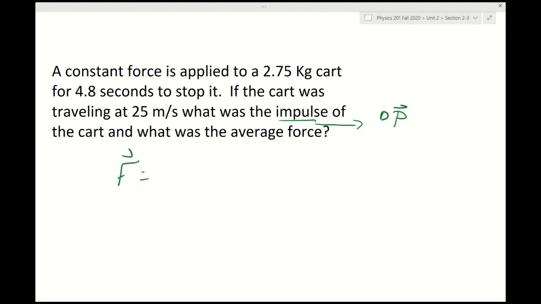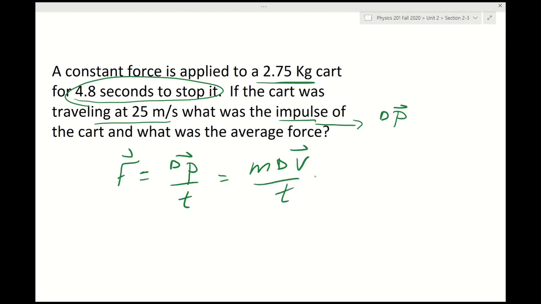We know that a force is a change in momentum per time. We know that we have a time. We know we have a mass. We know we have an initial velocity. We actually have a final because we know that it was stopped. So we can think of this as m delta v over t,